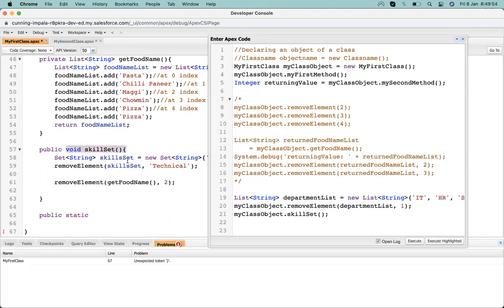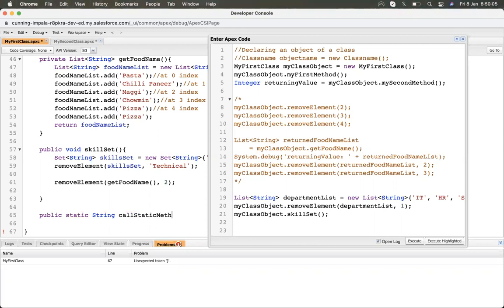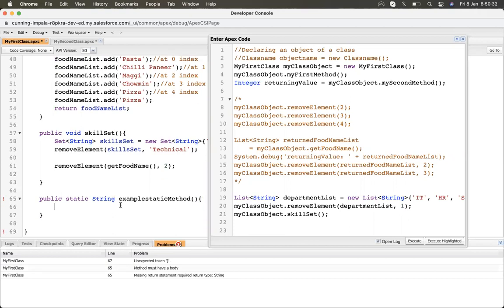Suppose we write a sample static method.